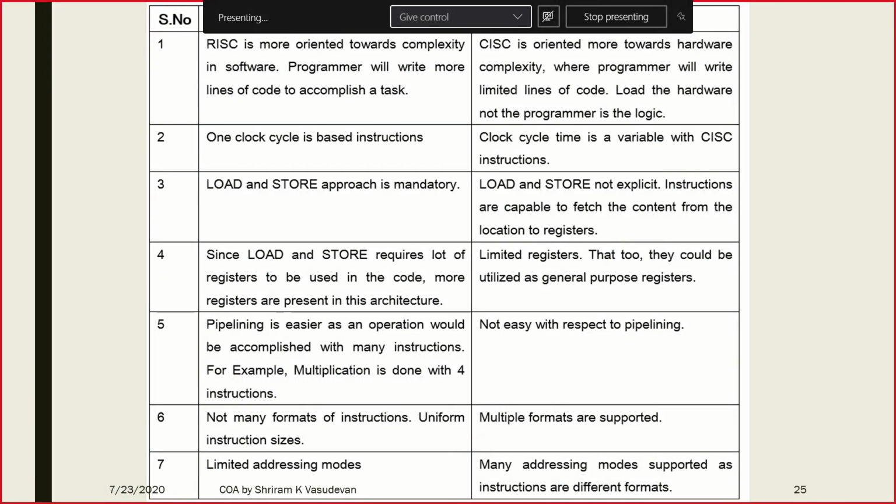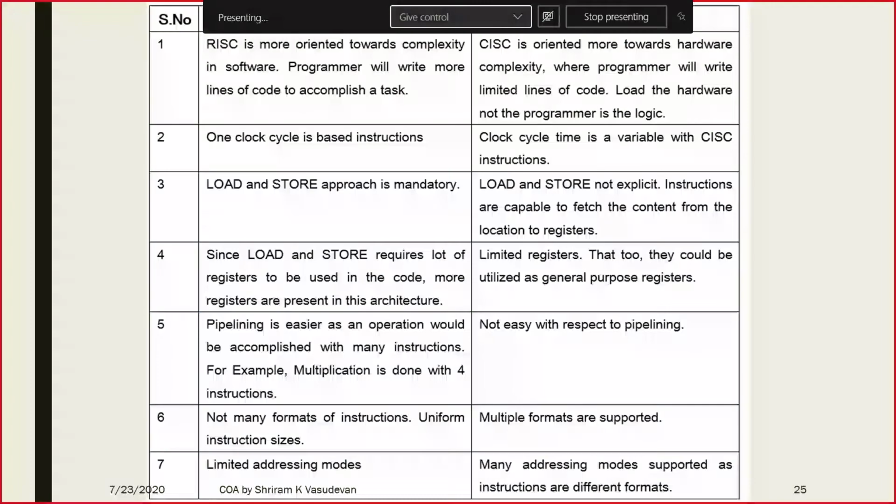We have seen this in the previous semester and I'm not going to talk about it. I leave it to you for 1 minute so that you can go through the differences between the RISC and the CISC and understand one point. Whenever you go with RISC architecture, it is very easy to do pipelining because it is going to be step by step. You load and store. So the pipelining would be very easy there and it's very supported when you go with RISC.